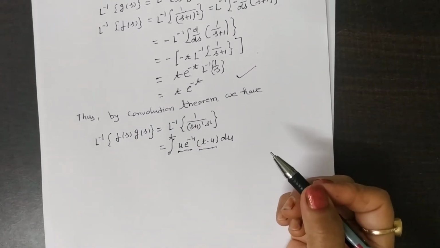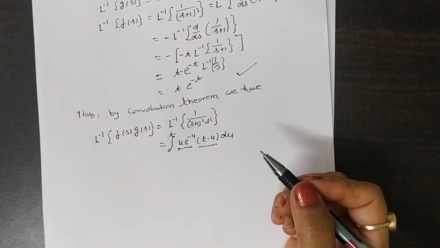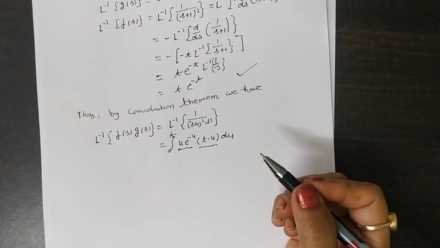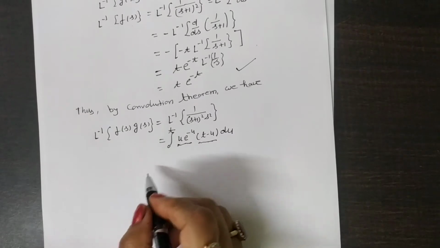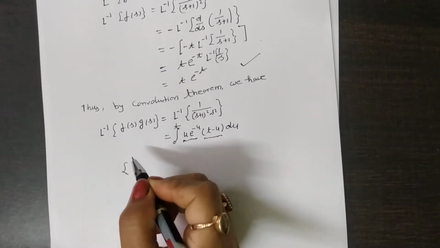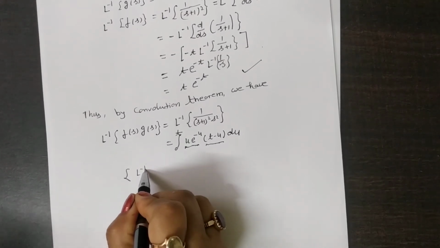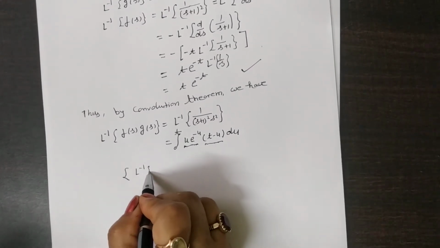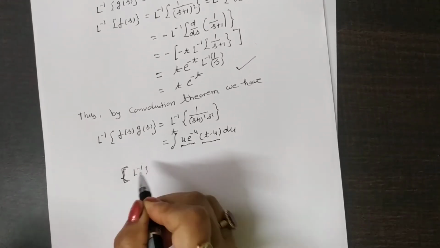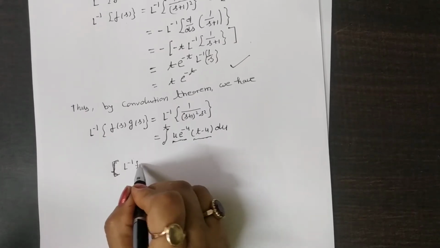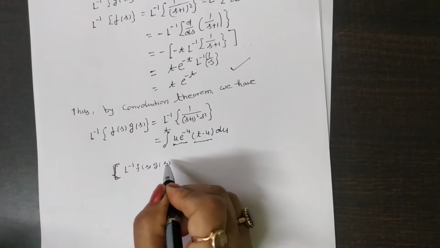You know the property of the convolution theorem, so you can write this down. Now from this property, I have defined here the Laplace inverse of the product of Fs and Gs,